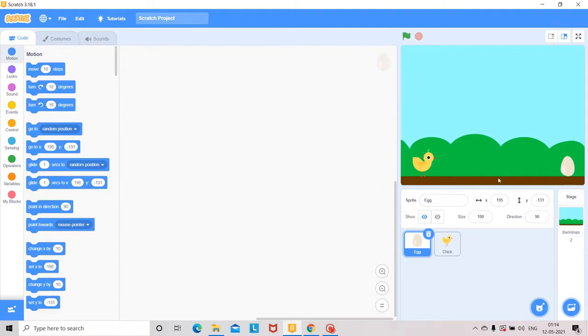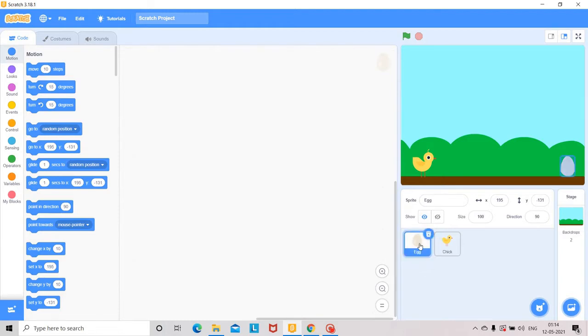Here the egg size is comparatively bigger, so I am changing the size of the egg. How can we change the size? You click on the sprite here. There are two sprites, one is the egg and another is the chick. Whichever sprite's size you are changing, you have to select that sprite first.